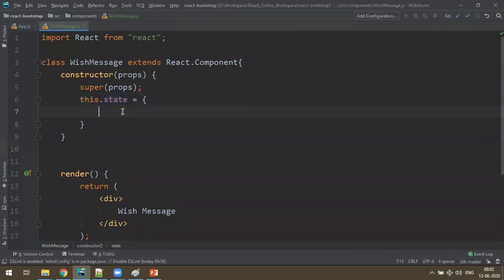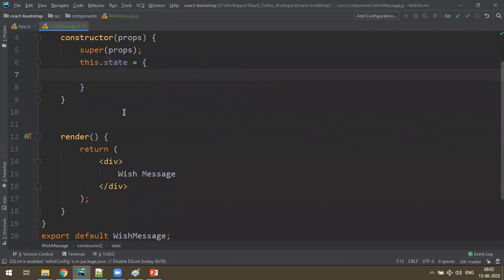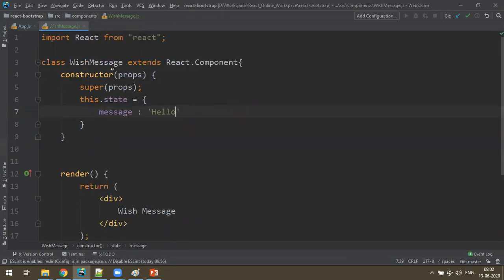What type of data? You can create any type of data. Let's take my data as message, hello. So in my component I have some data called message, hello.